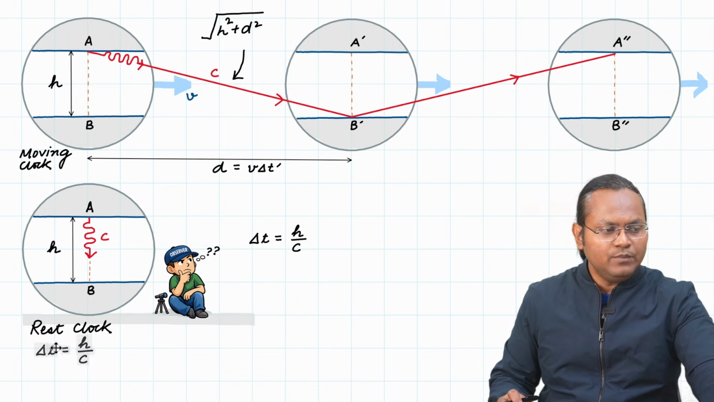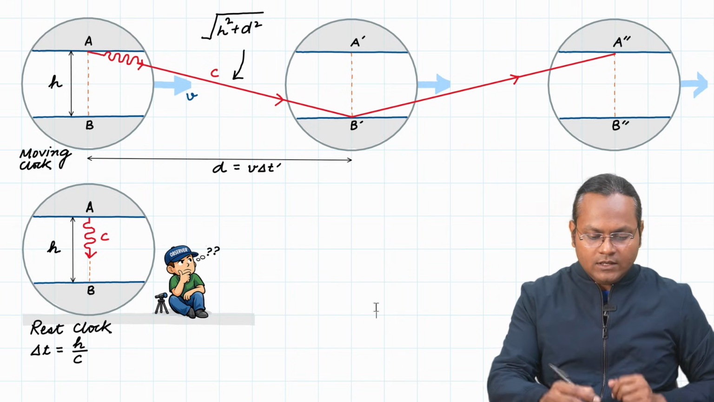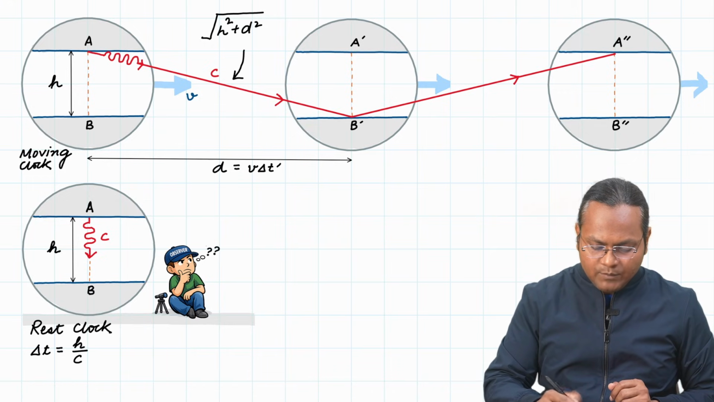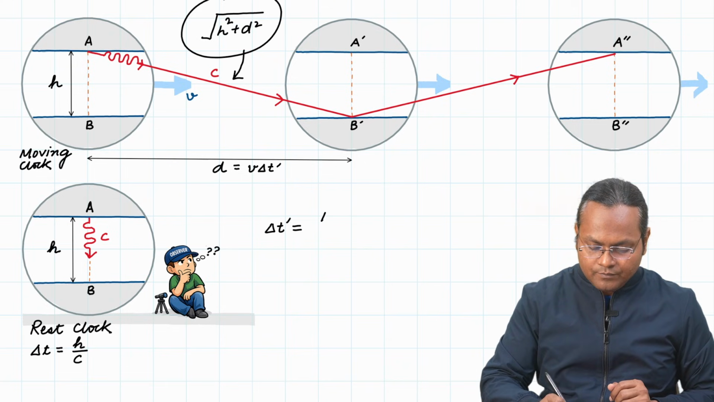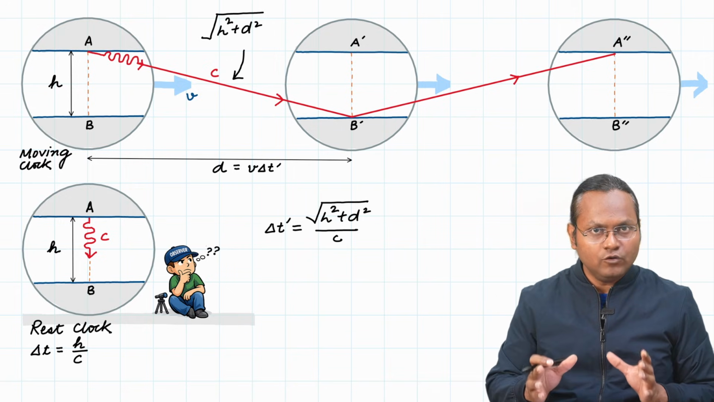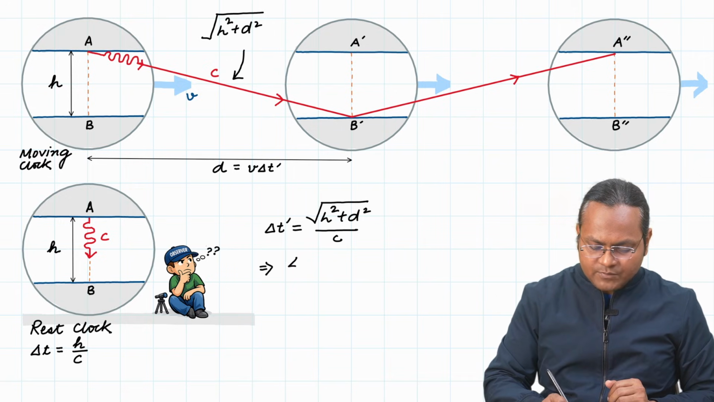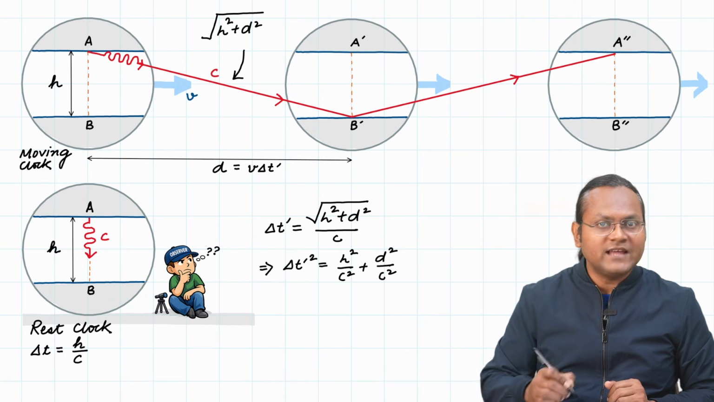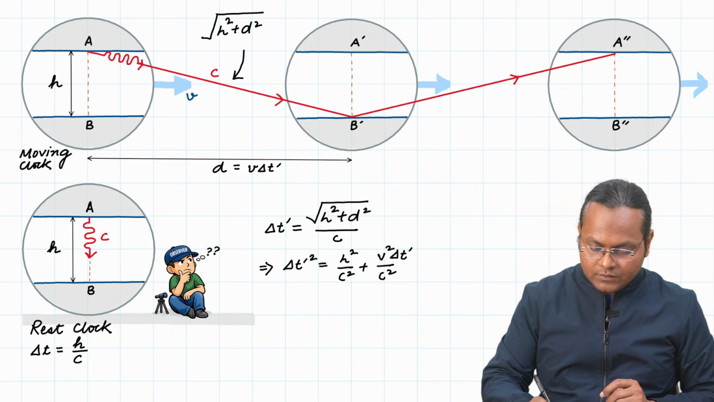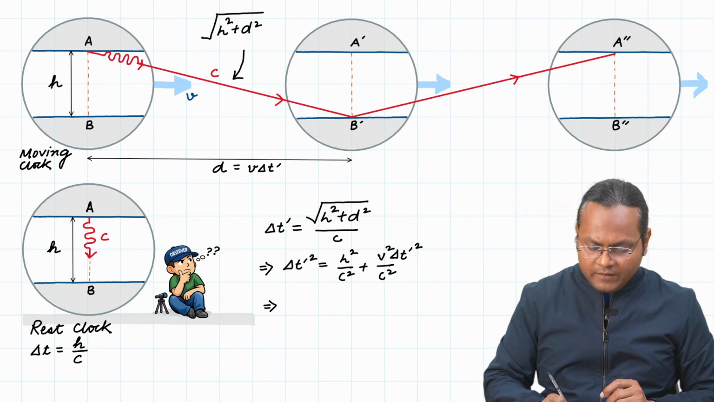So if you look at the time period between two bounces with respect to an observer at rest for the moving clock, then that time period is Δt', which is equal to the distance upon the speed of light, which is the same for both the light photons. If I just simplify this expression, then I can obtain the time dilation formula. Here d is of course v Δt'. So if I simplify this,